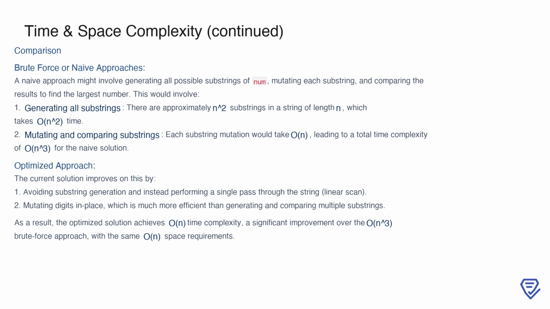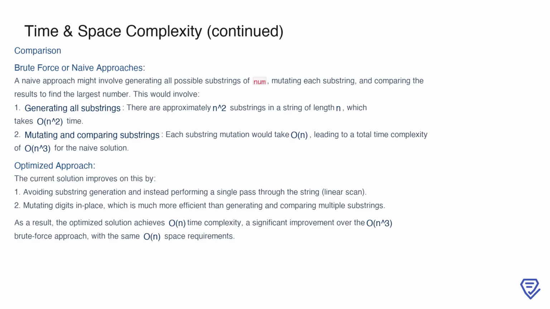In contrast, the optimized solution avoids generating substrings entirely. Instead, it uses a single linear pass through the string. By mutating digits in place and only performing necessary comparisons, the optimized solution achieves O(n) time complexity. This represents a significant improvement over the O(n³) time complexity of the brute force approach, while maintaining the same